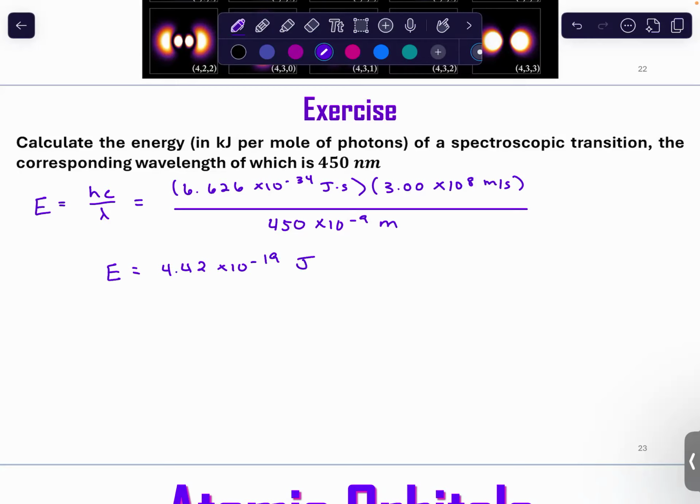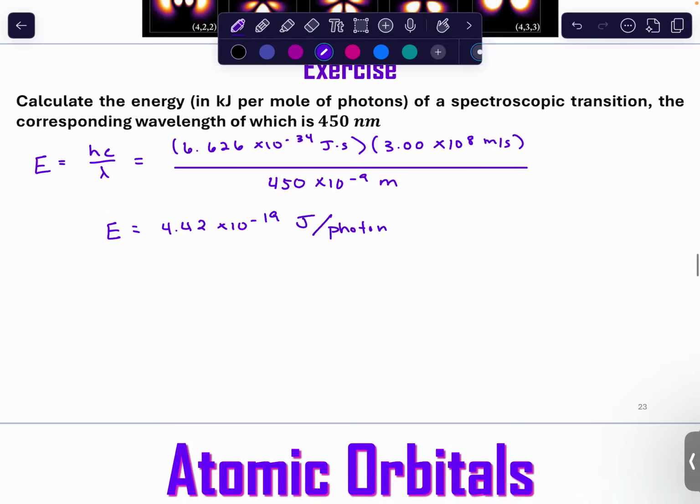Now here's a question. If we get it in joules, we can translate that, that's fine. But we want this in joules per mole of photons. So do you need Avogadro's number? You do, because remember, Planck's equation gives you the energy for one photon. That's one of the little tricks. This is energy per photon. So what we do then is we say, well,